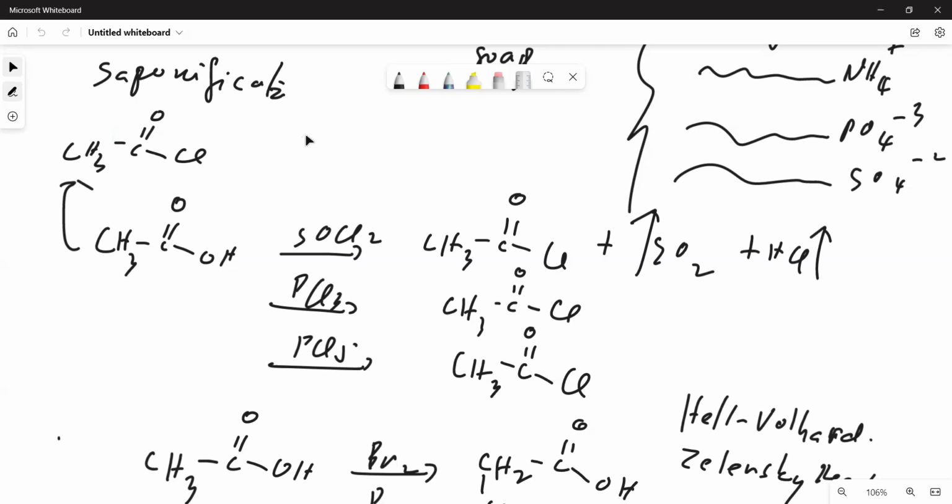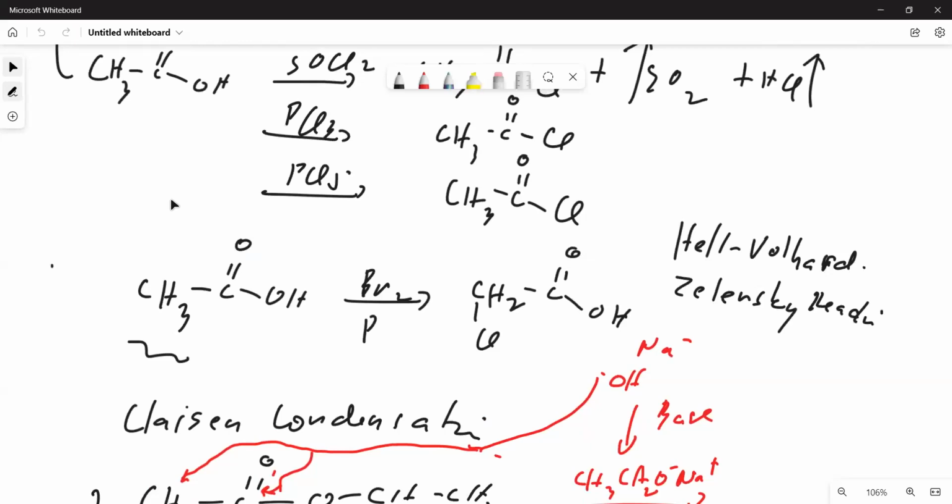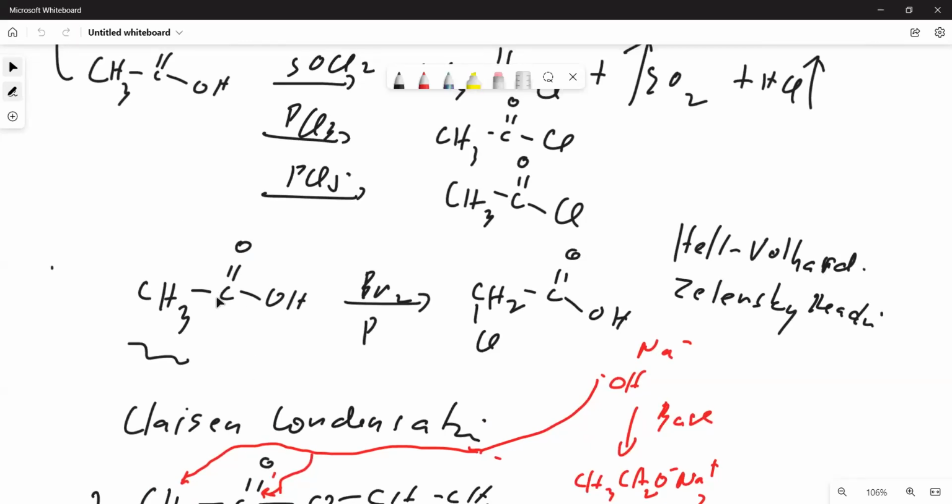Now, each carboxylic acid derivative has a specific reaction. Like, for example, if you recall in aldehydes and ketones, the alpha hydrogen can be removed by a base through the process called haloform reaction, alpha halogenation reaction. So, in carboxylic acid, there is also an alpha hydrogen. This can also be replaced by halogen using bromine in the presence of phosphorus. You can also use chlorine if you want.